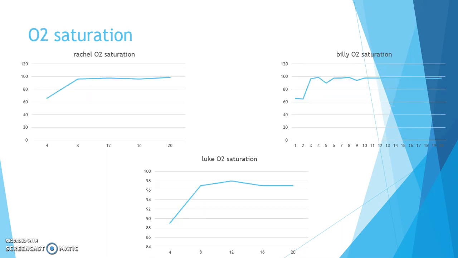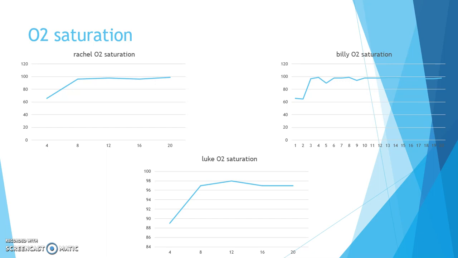Energy system analysis. There are 2 pieces of data that we have collected that we can use to see which energy systems they were working in. The first is O2 saturation. From 4 to 8 minutes, there was an average increase of 8%. This suggests that more blood with oxygen in is being pumped around the body, so the muscles are therefore receiving more oxygen and becoming more saturated,